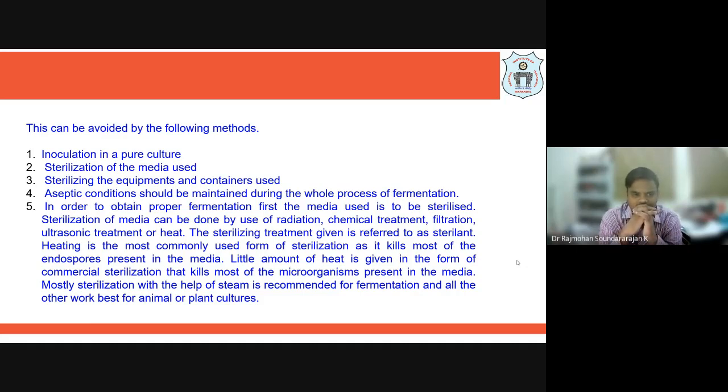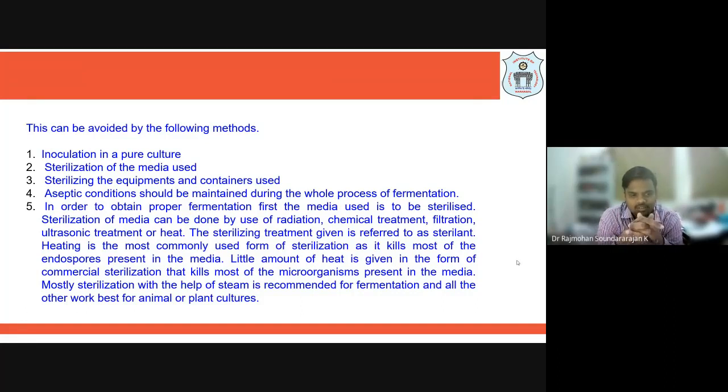Another thing is, we have to sterilize the media that we are using. Media is in the sense the growth media, right? So we have seen micronutrients present in a media. So micronutrients, macronutrients, all that will be there, right? For each microorganism, a certain growth medium is given, right? With a particular pH, particular temperature range, right? So they are active. So whatever the growth media is, we may have to sterilize it. By sterilizing the growth media, we can avoid the contamination.